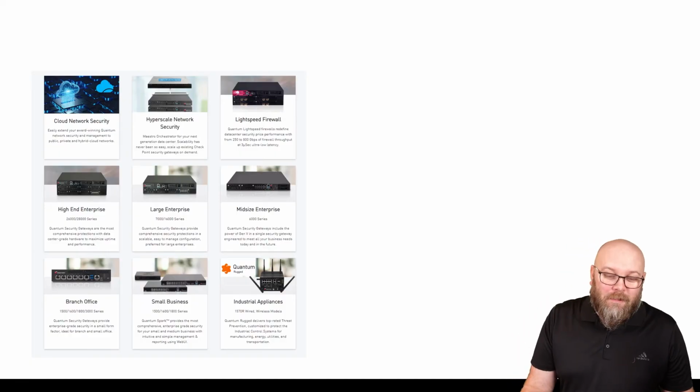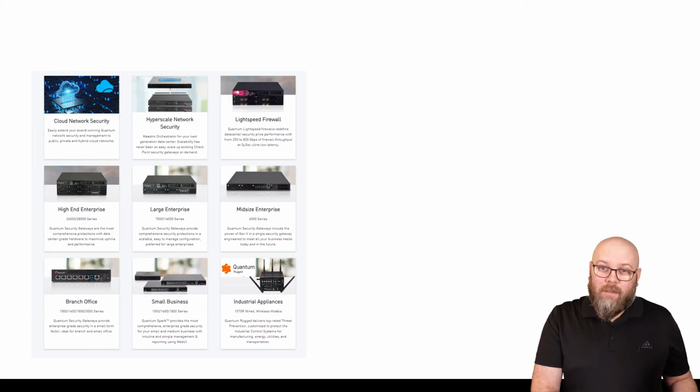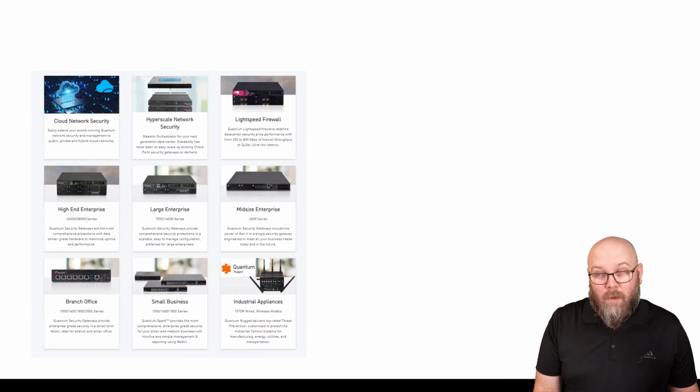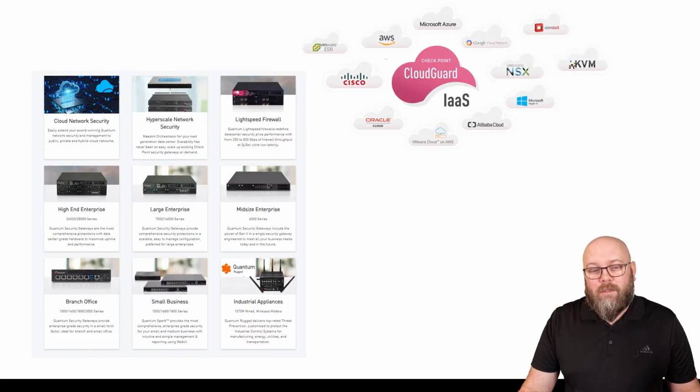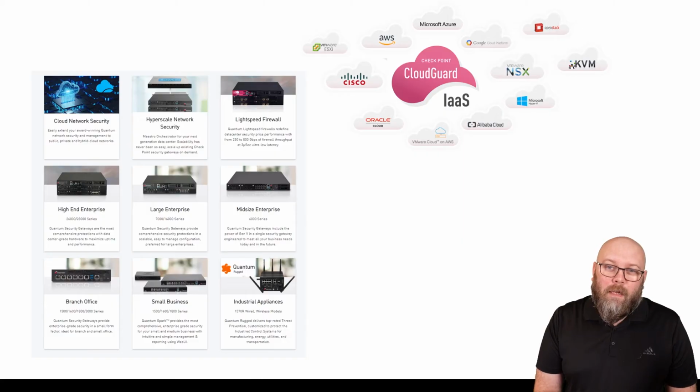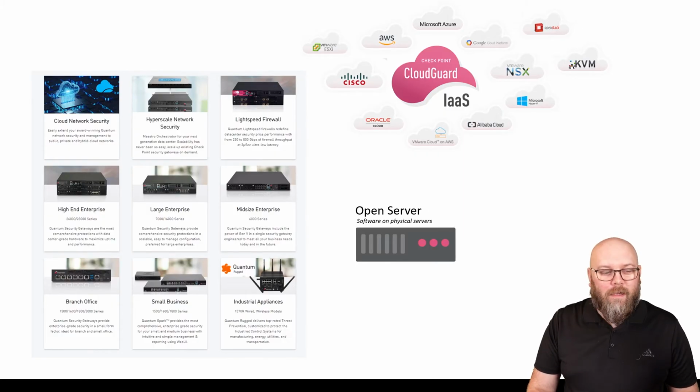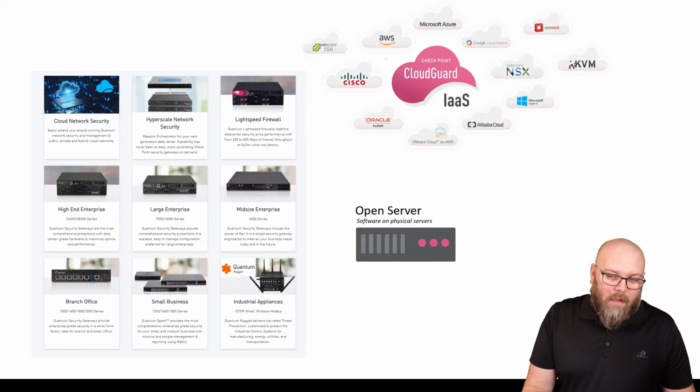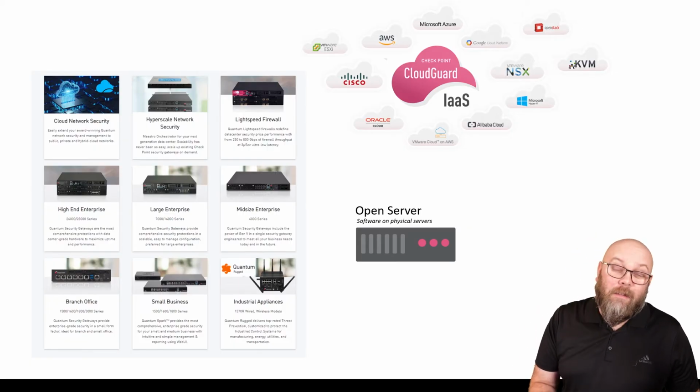This is a different discussion, but when it comes to Checkpoint in general, you either have appliances. All vendors have appliances, more or less, at least. Then you can also have software based, and this can be for the public or private cloud. But Checkpoint also offers something they call software on open servers. So we will be covering all of these, not in great detail, but just so you get an overview and